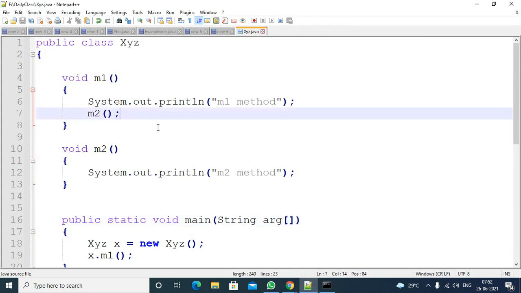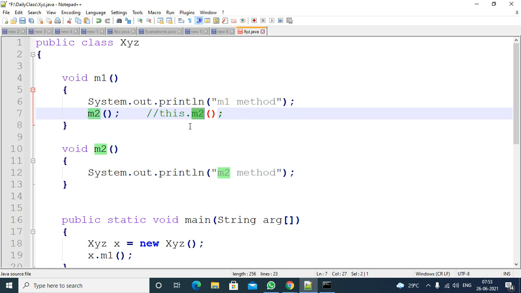In this case, internally, the compiler will add code like this. If m2 is an instance member, then the compiler will add the code at the back end: this dot m2.